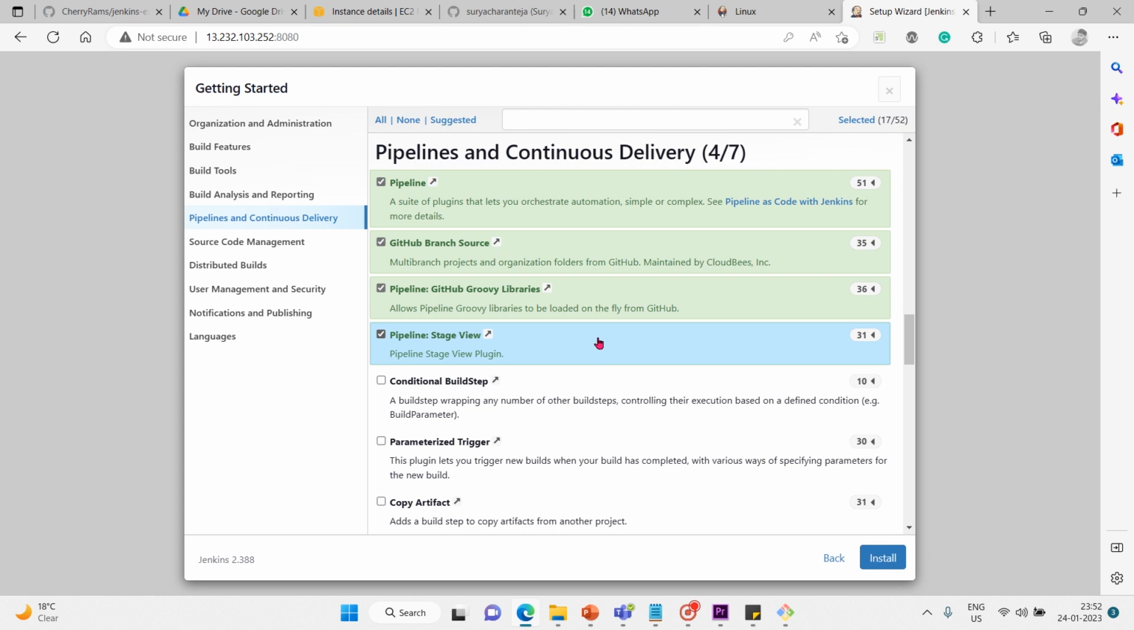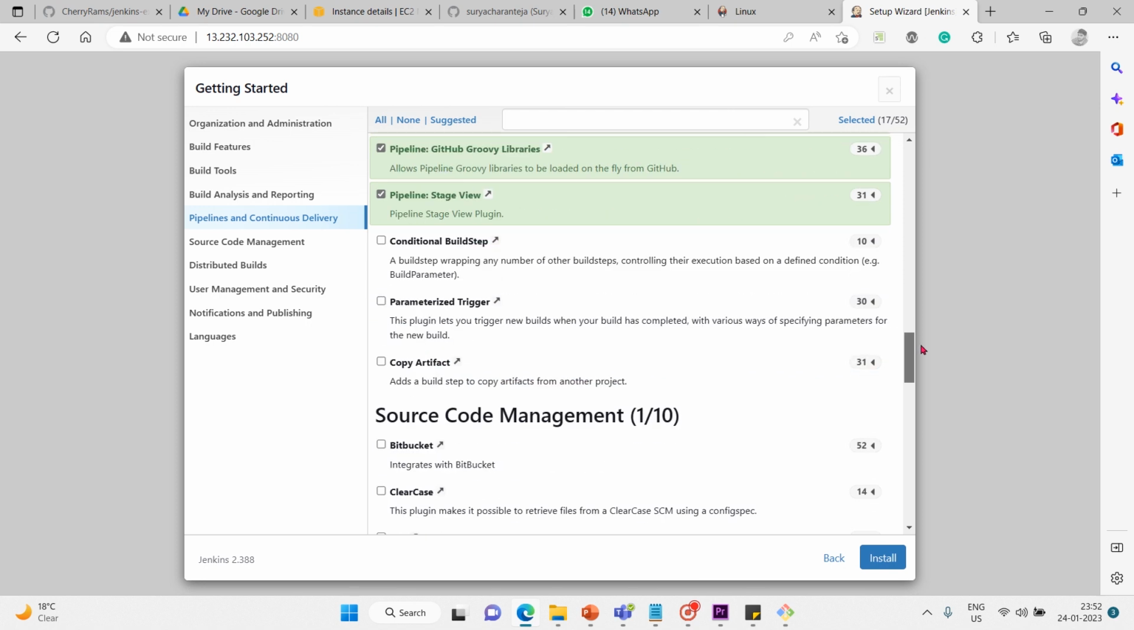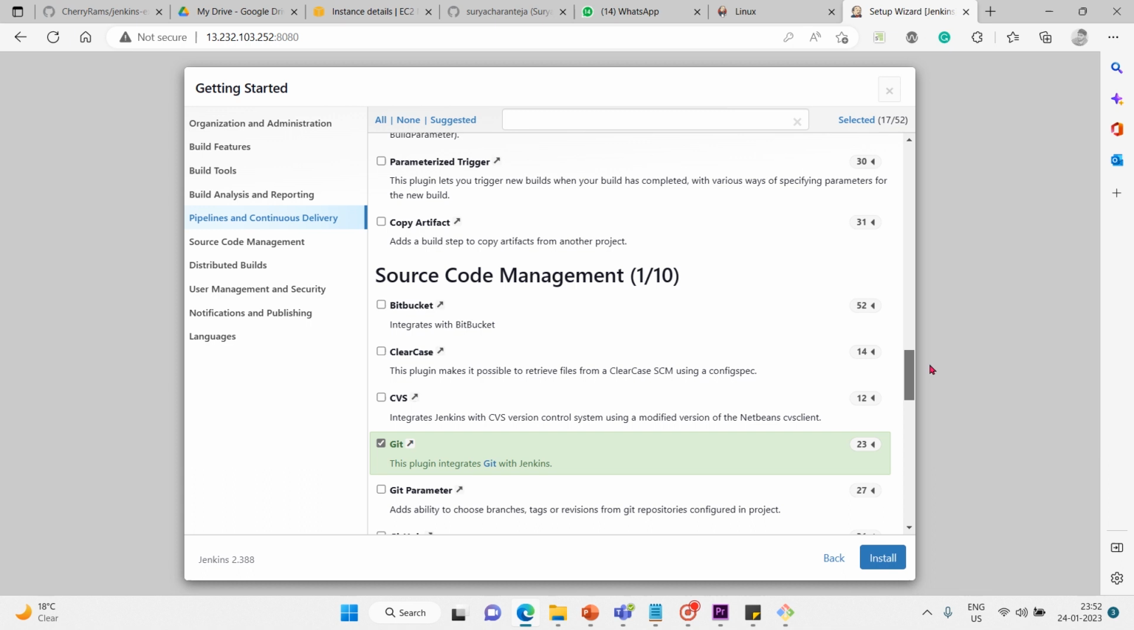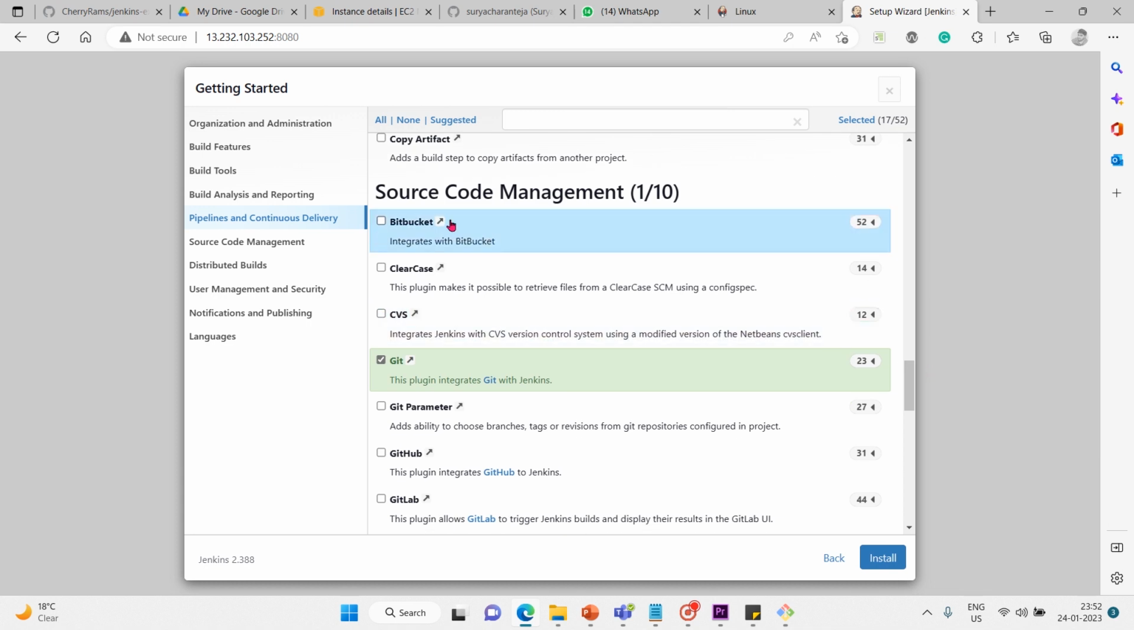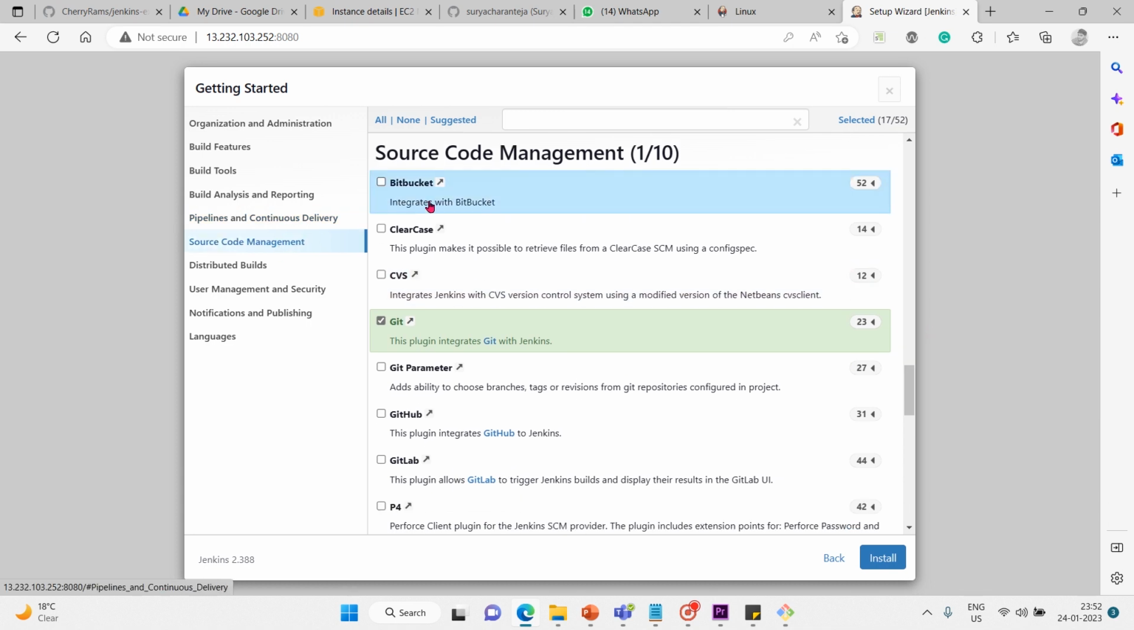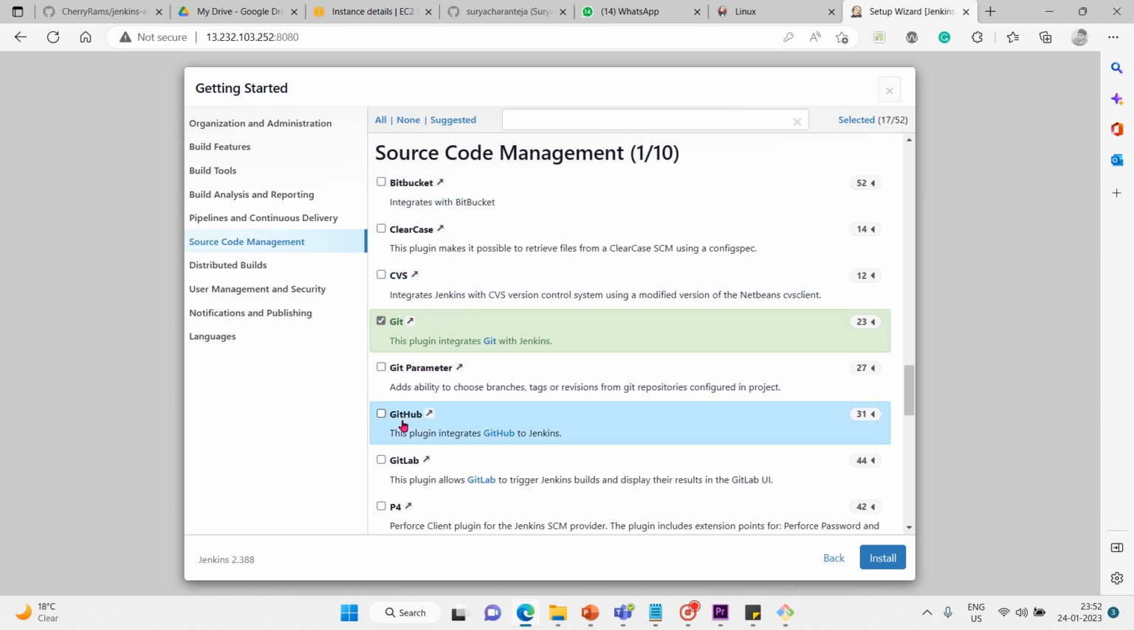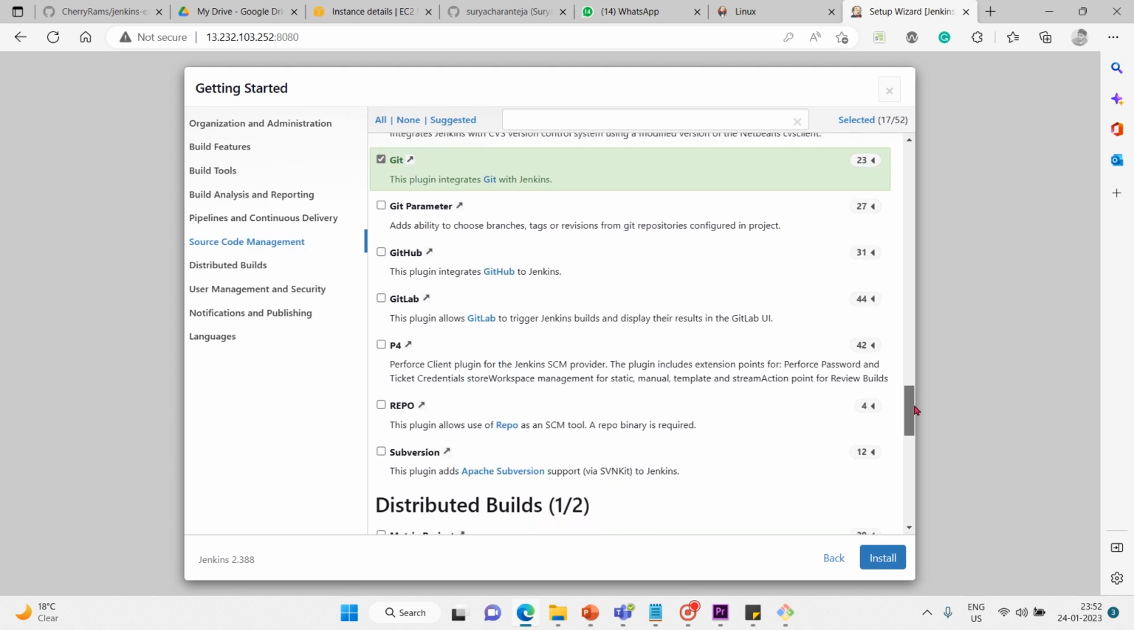I'll show you when you build a pipeline, it shows a stage view because of this plugin. Then conditional build step, parameterized trigger, copy artifact. Then we have source code management. So source code management, we have 10. So Bitbucket, CVS, Git parameter, GitHub, GitLab, P4, a lot of tools are there, but we will go with repo, subversion,